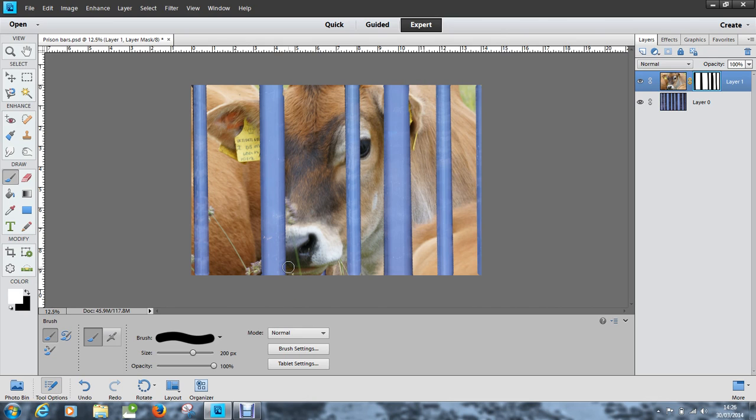So using layer mask does save a lot of work because you can make as many mistakes as you like and you can instantly repair them. You don't have to go back to the beginning of your session. And then you can save this image, an image of a cow behind bars, save it as, and it will be